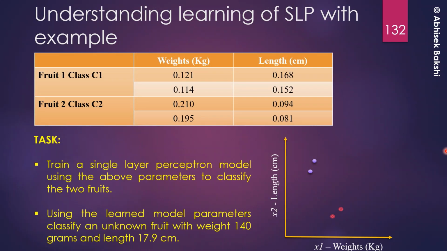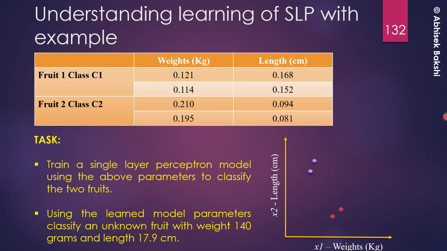So just assume a scenario like this. We have a data set here, as I have represented, a very small data set having two different classes of fruits. Okay, and the features by which we are creating the classes are based on weight and length. So you have two features. For every class I have